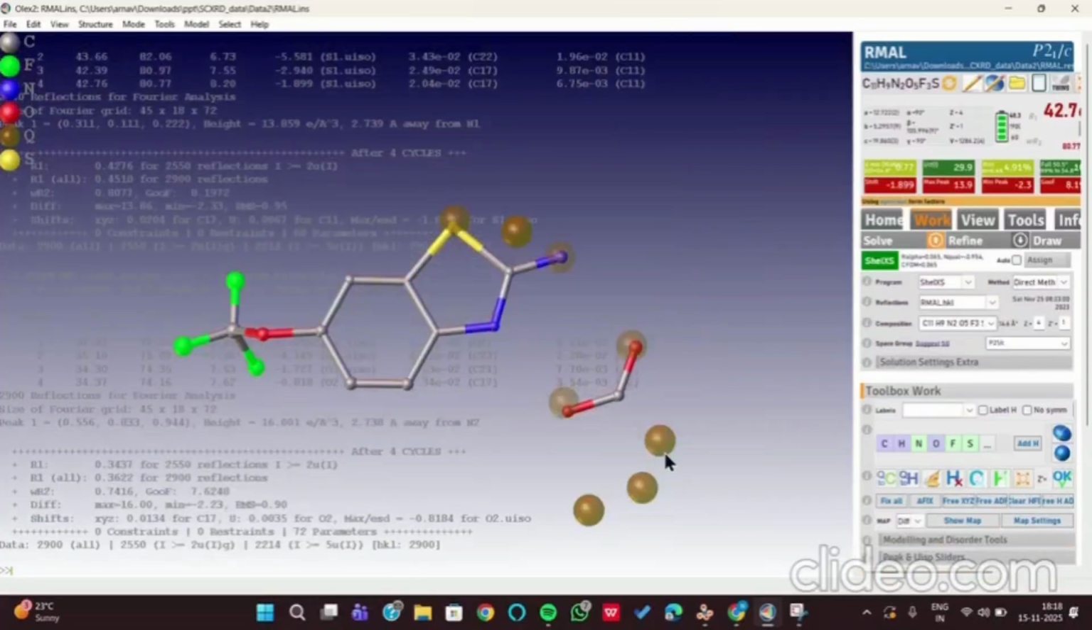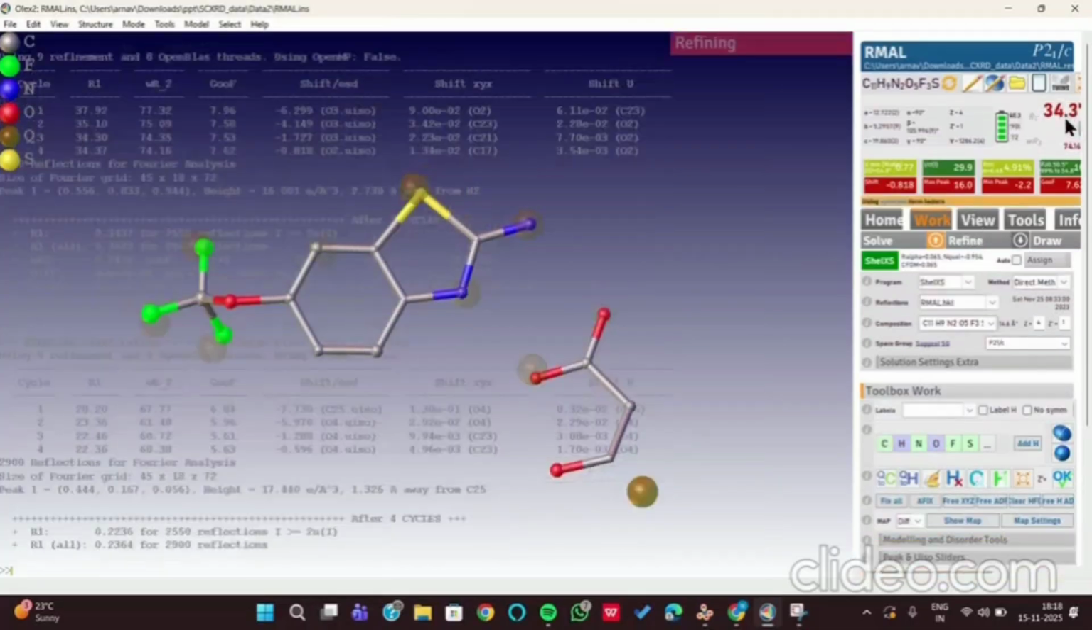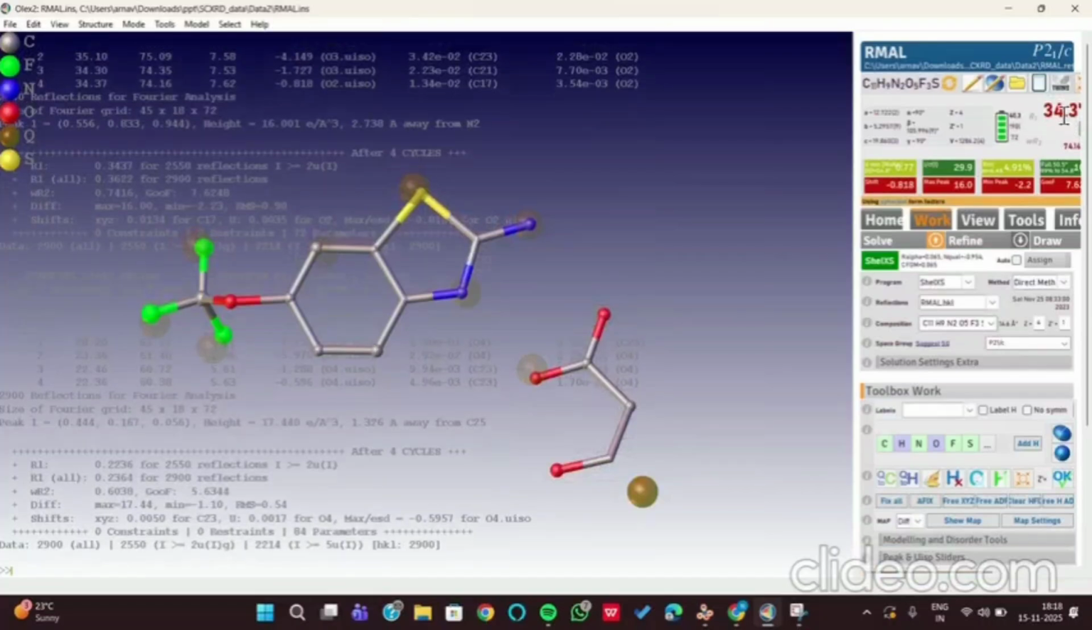Now this is the structure. If this is a malonic acid, this will be carbon and this will be oxygen, so we'll refine it again. As you can see, the R factor is decreasing, like it is 34, then it is 22 now, so we'll just assign 1 oxygen to this. Again we'll refine it,